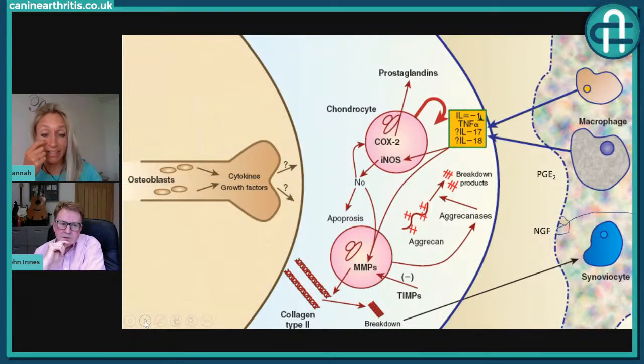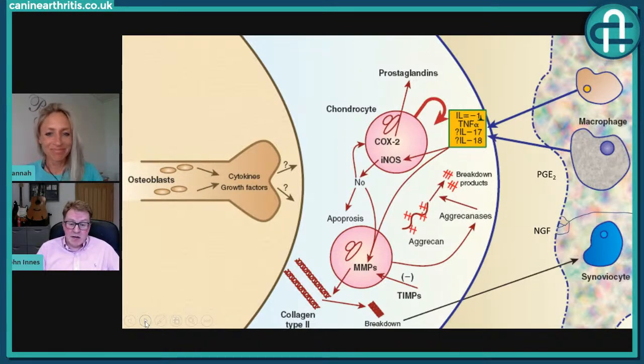So I love that slide. I really love this slide because it's exactly what I was hoping that you'd get across to the followers, the complexity. Bear in mind, this is a really simplified slide, but also it gives you lots of hope of all the different areas that we can potentially intervene, and people can start beginning to understand the different mechanisms of the different approaches. I'm obsessed anyway, so there you go.